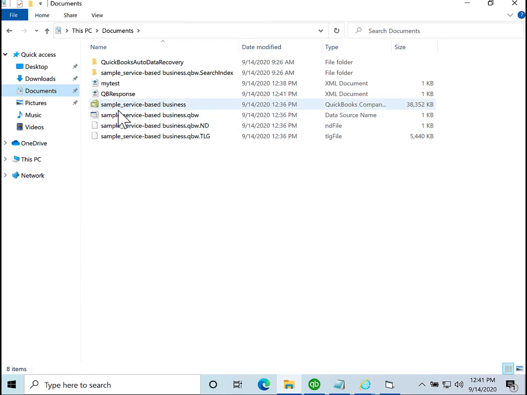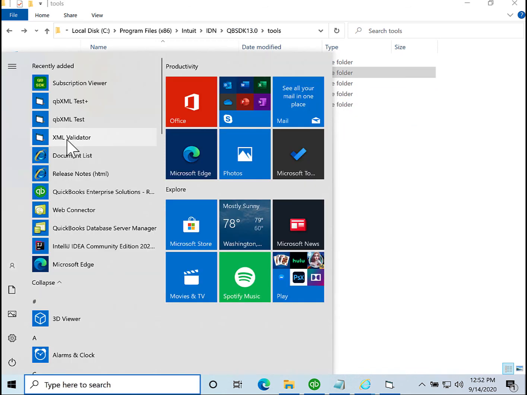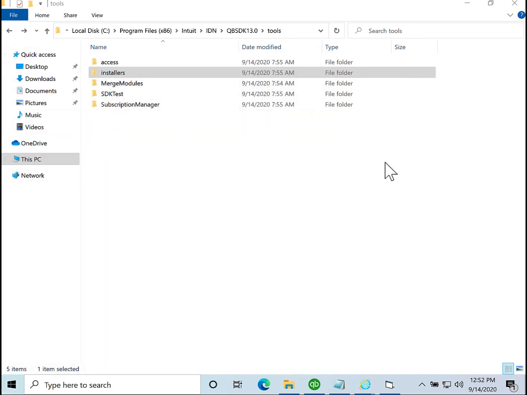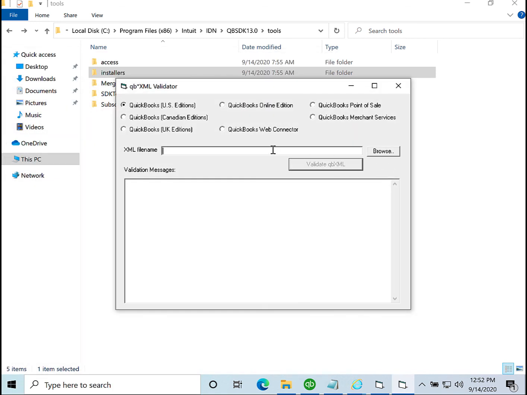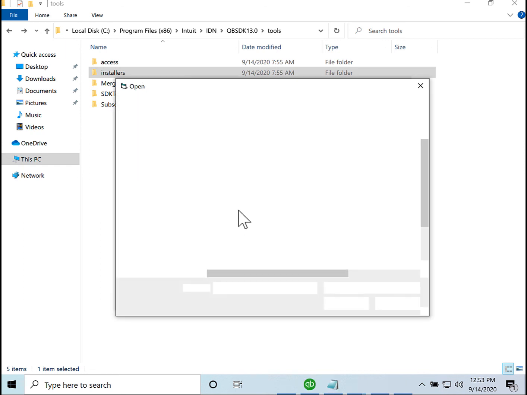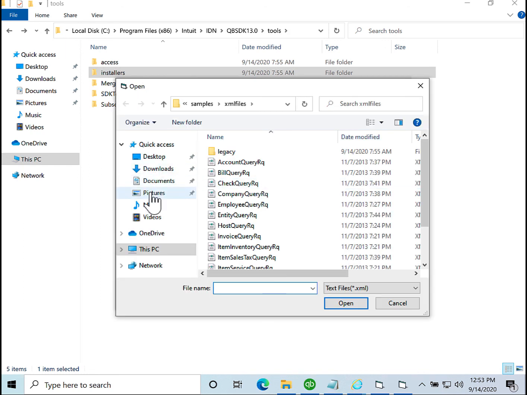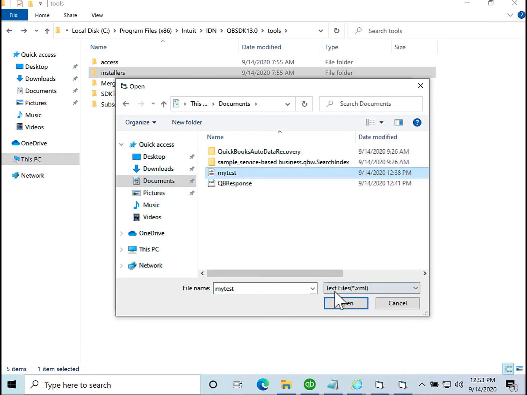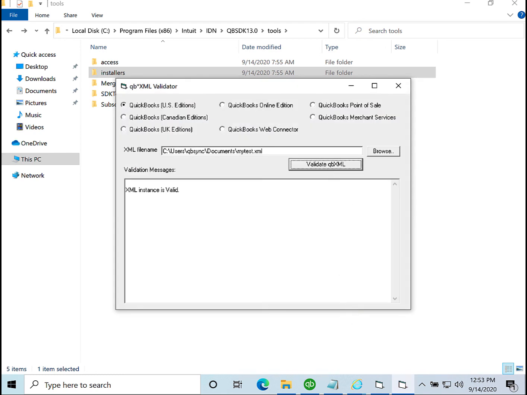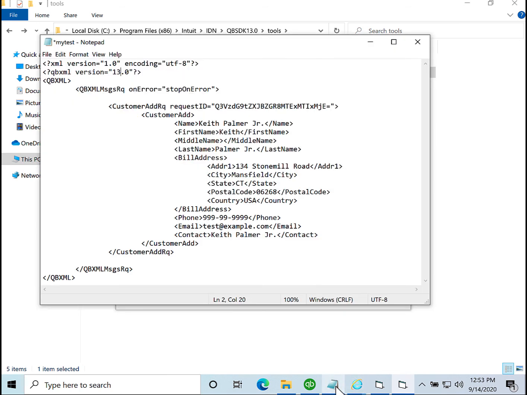If you go back to the location of the original XML, you'll also find a QB response. This is the actual XML response that you saw when we opened it up. It's just going to be in an XML format or XML file. Here we're going to open the XML Validator. We're going to leave it as is, the US edition. The XML file, we're going to go ahead and add my test again. And we're going to run the validator, and you'll notice that the instance is valid because it is valid, but